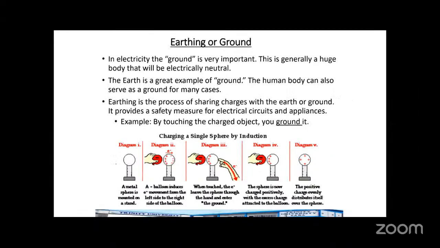In our home, we have sockets. If you look around your room in your home, you have your sockets this way. So this could be the live, this could be the neutral, but this is our earthing, our ground. So what this does is, when there is a surge, that is a sudden high voltage coming